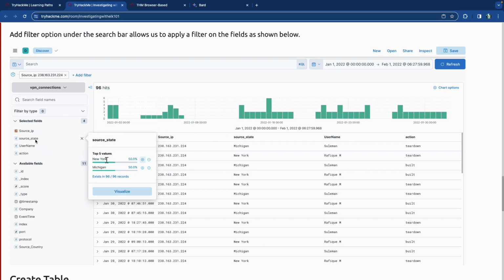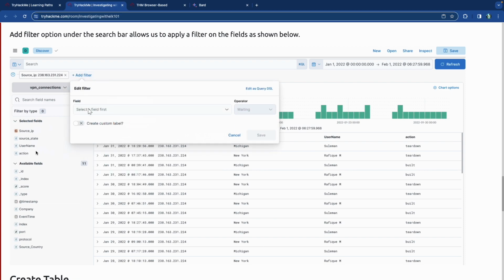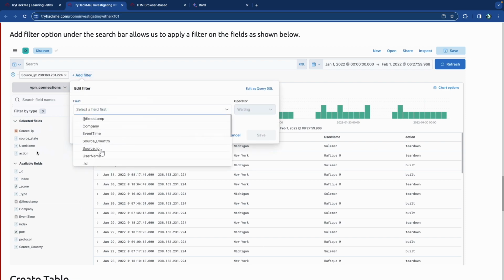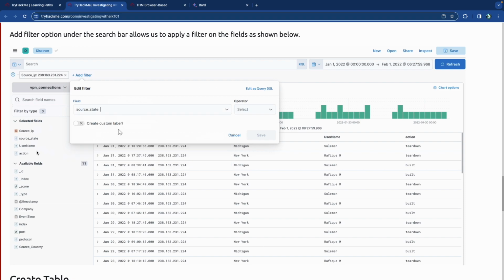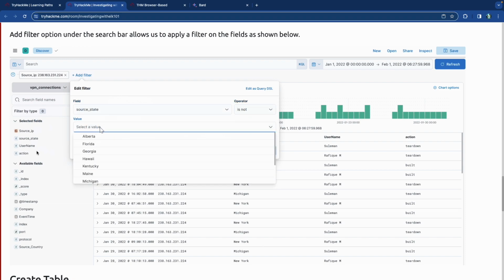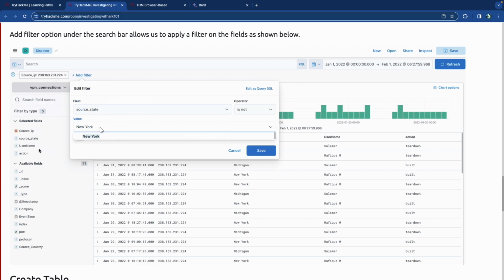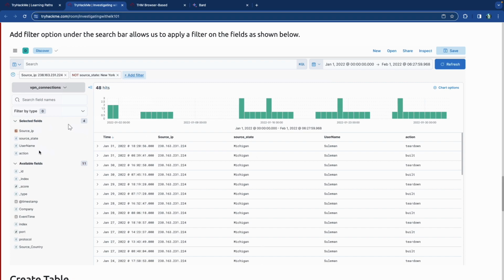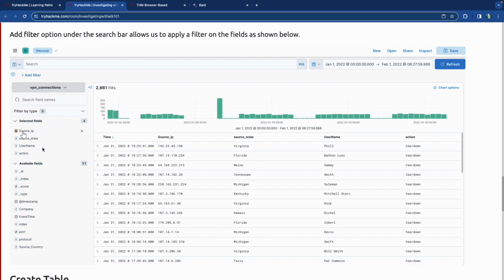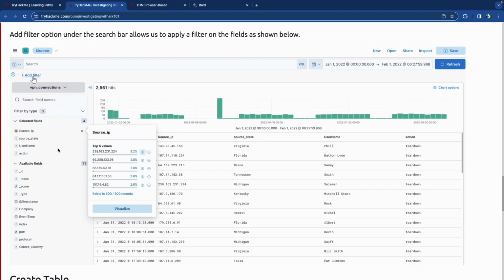This was the value of the source IP, and then you can go ahead and use that as one of your filters. Another one that they're going to add is the destination, right? And they're going to say source state is New York, for example, or is not New York, whatever they wanted to say. So that's how you build filters, and it's pretty intuitive, pretty easy to understand. And we can even go by Michigan, I guess. So there's a lot of things that you can do here.